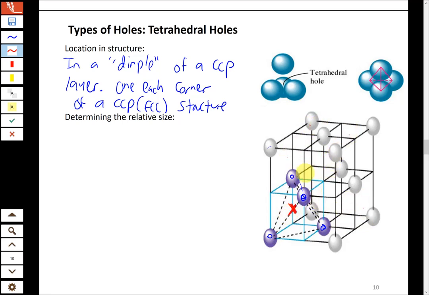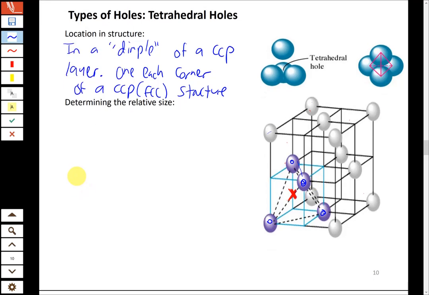So each corner is going to have a tetrahedral hole that involves the corner atom and the 3 closest face atoms forming a tetrahedron around that. So the positive ions, when they go in the tetrahedral holes, are going to be arranged in these corners here. Now let's talk about the relative size of the tetrahedral hole. So what we talked about last time